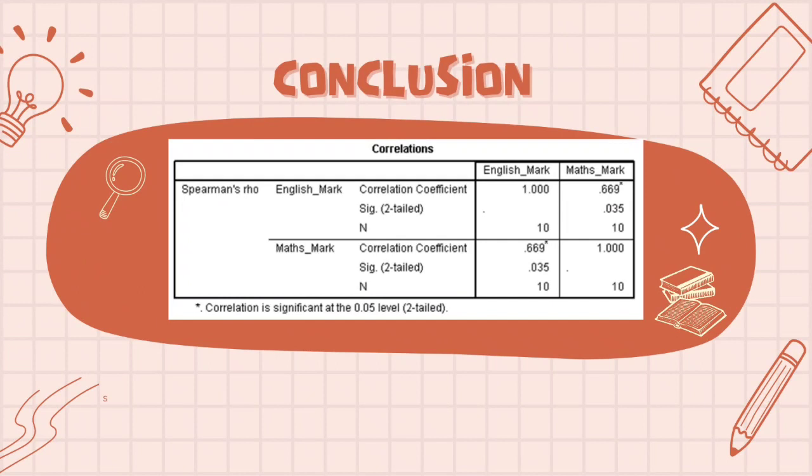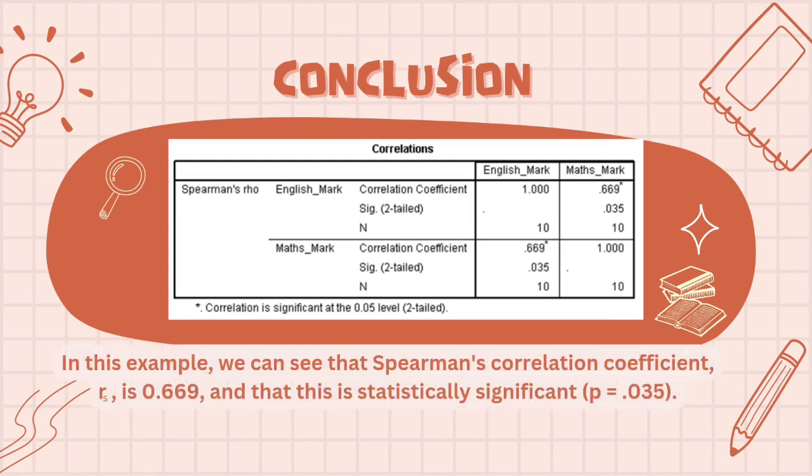The results are presented in a matrix such that, as can be seen above, the correlations are replicated. Nevertheless, the table represents the Spearman correlation, its significance value, and the sample size that the calculation was based on. In this example, we can see that Spearman's correlation coefficient r_s is 0.669 and that this is statistically significant, with p equal to